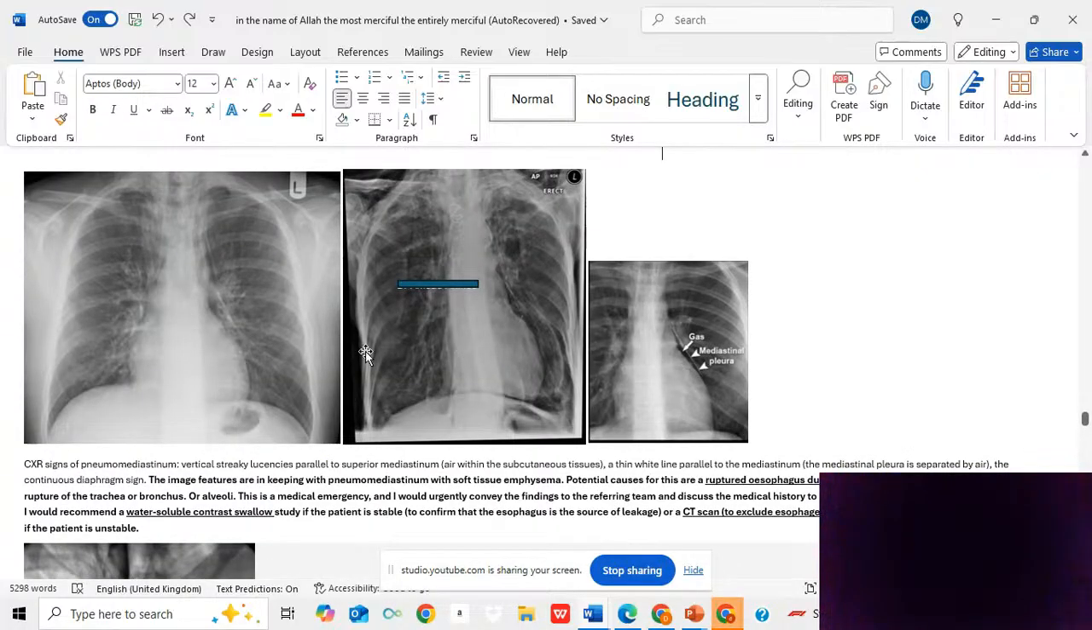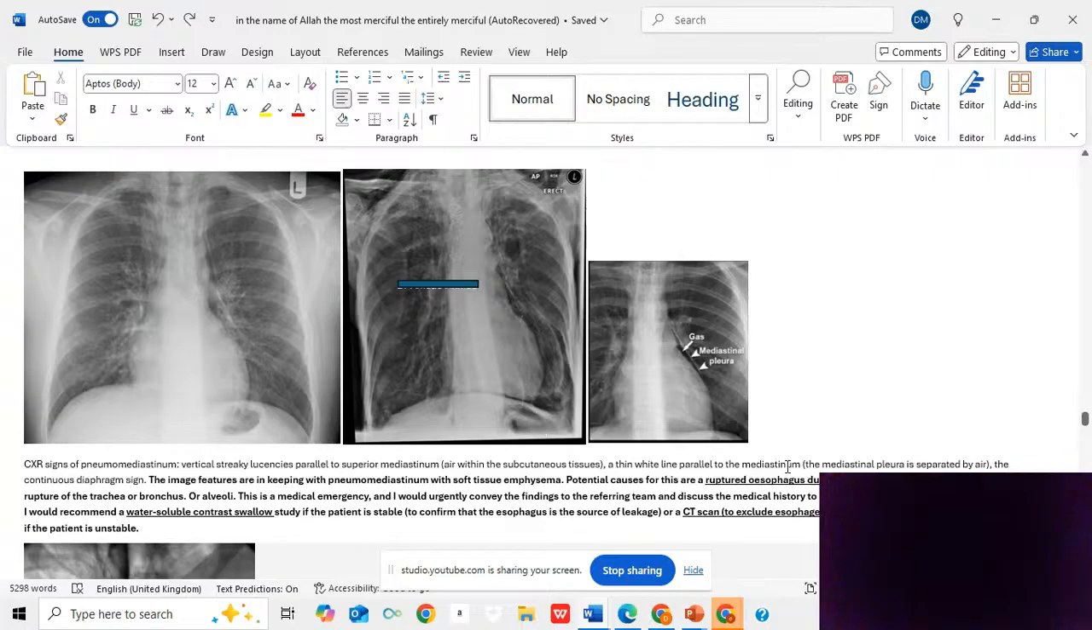So let's start our video talking about pneumomediastinum, how to spot pneumomediastinum on chest X-ray. And after spotting pneumomediastinum on chest X-ray, what is the most likely diagnosis? The most likely diagnosis of pneumomediastinum on chest X-ray is